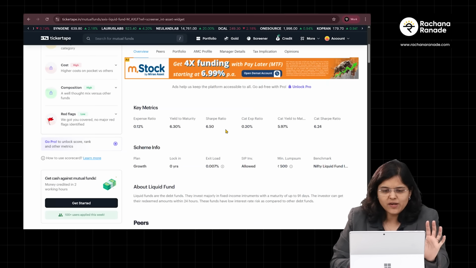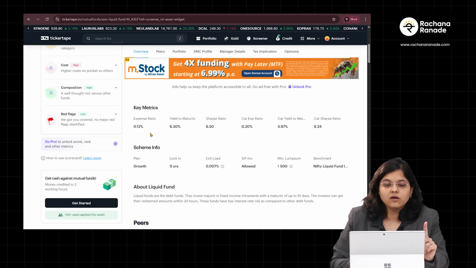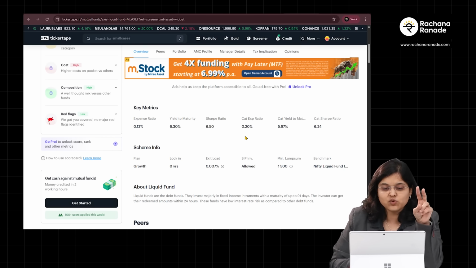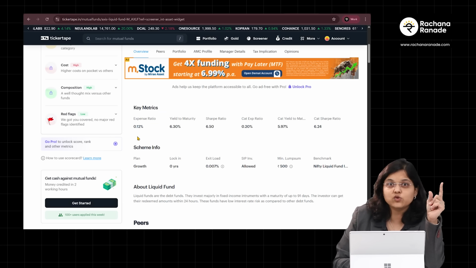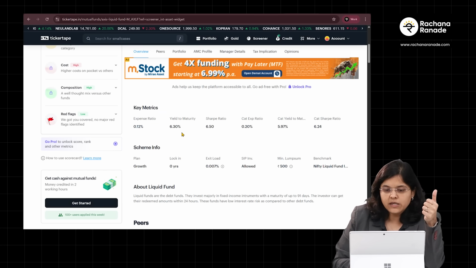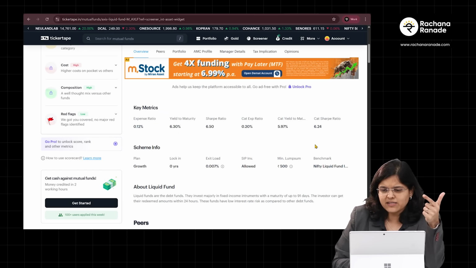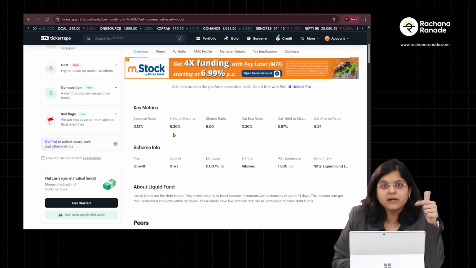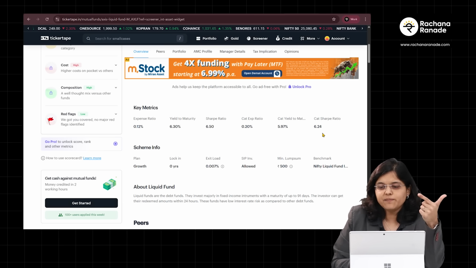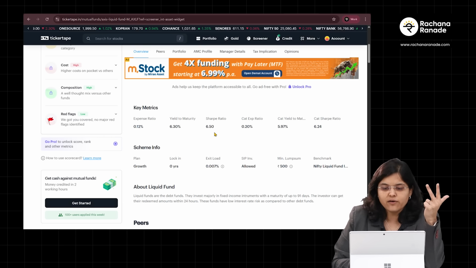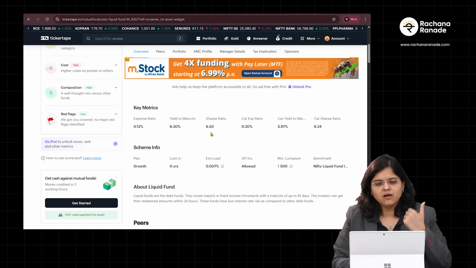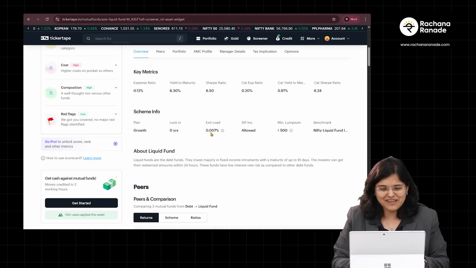Now if I just scroll down, you can see key metrics here as well. We did talk about expense ratio, but what are they comparing it with? Category expense ratio. It is lower than the category expense ratio. Obviously a good sign. Yield to maturity, again like a return ratio. Here you can see category yield to maturity is 5.97. For this, it's 6.3. Again, higher the better, better than its category as well. Sharpe ratio, for category it's 6.24, and for the fund it is 6.5. So again, higher the better. So a good sign. Is this the bonus tip? No. Okay, then what's the bonus tip?